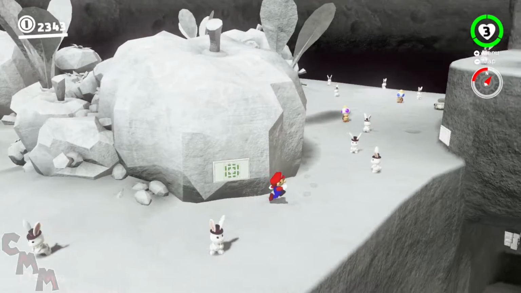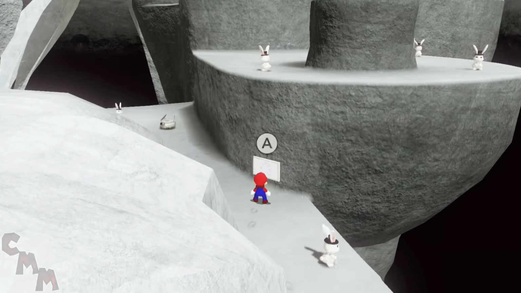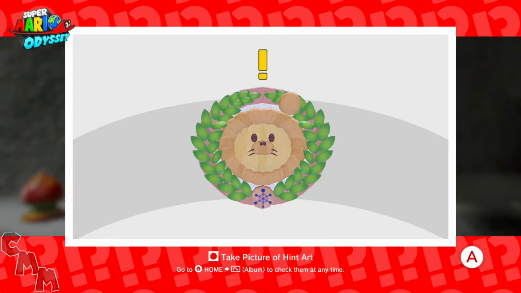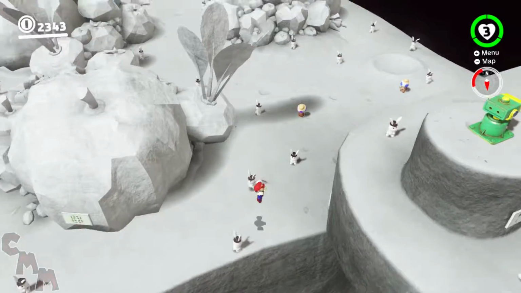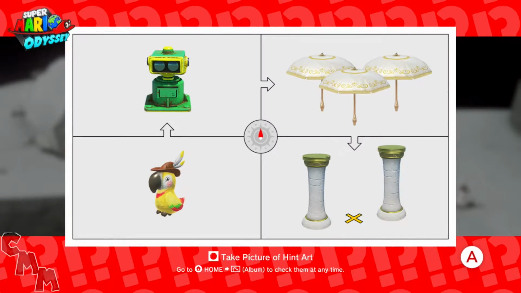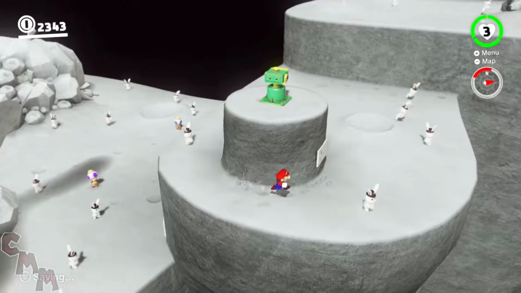Hint art number 4 is over here on the wall. It confused me for the longest time, but it's actually in the Cloud Kingdom. Hint art number 5 is on here. And that's obviously the Snow Kingdom, the moon that I kept thinking I could get and I never actually got. And then hint art number 6 is over here on the opposite side of the vision thingy. This is in Seaside. You can see by the umbrellas and the pillars. That's number 6. Hint art number 7 is...